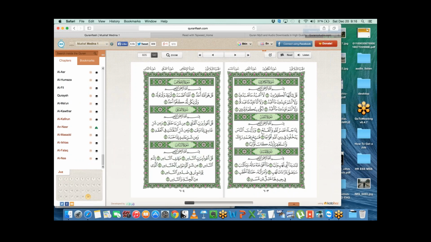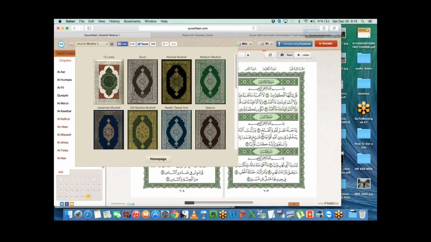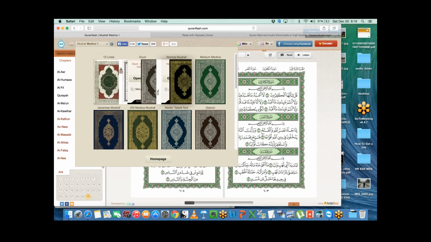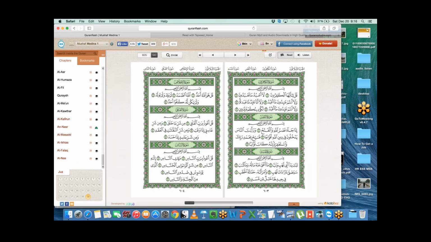So I mean, the printing that we are using, the mushaf we are using, is Mushaf Medina. So it's in this one. I don't know if it's in others. We can look, but we're focused on this one. The Pakistani Indian script, I'm not sure. I don't think it has that. But you can use this, or you can use the Mushaf Tajweed, where you have colored letters.